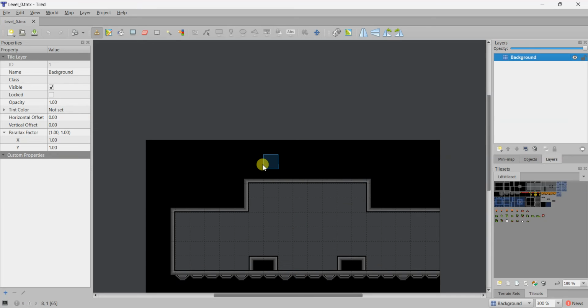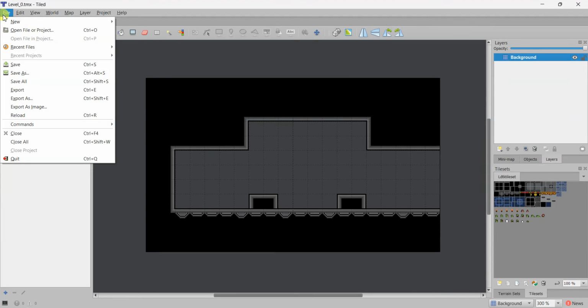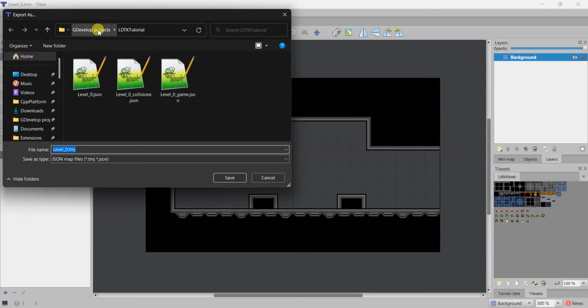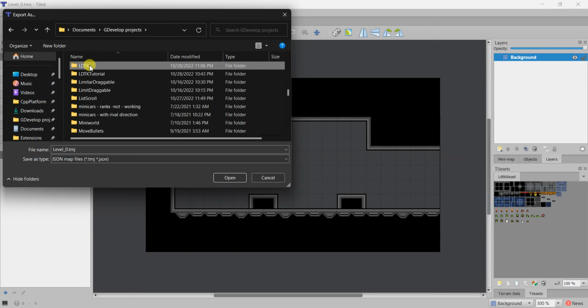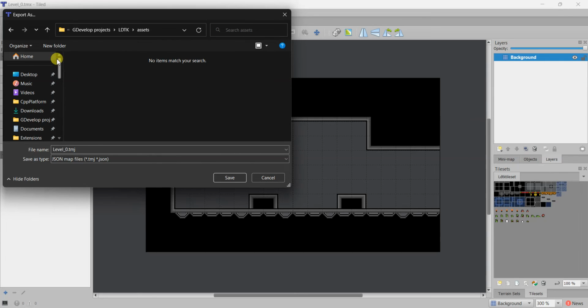So we open that map here, in Tiled, we come to export as, and here in the LDtk assets we can create, for instance, tiles, JSONs,